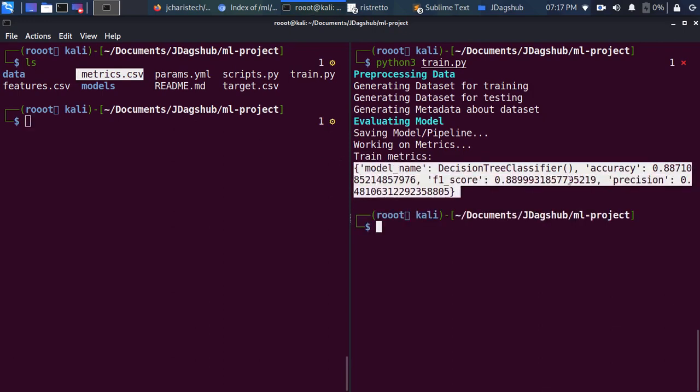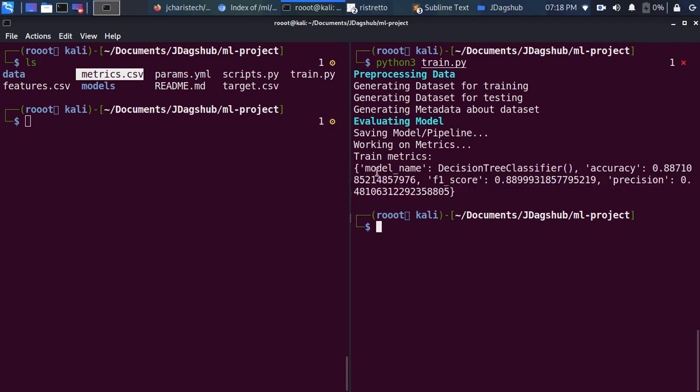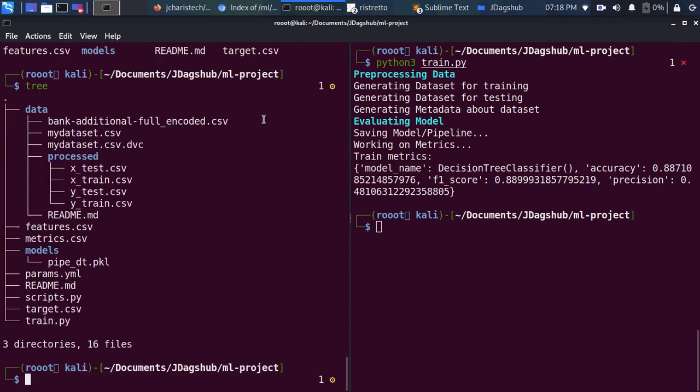Perfect. Our model had an accuracy of 0.88, F1 score 0.89, the higher the better. And the precision was also good. So that is the basic understanding. Very good, we have gotten our metrics. If I come back here and check again, we have our